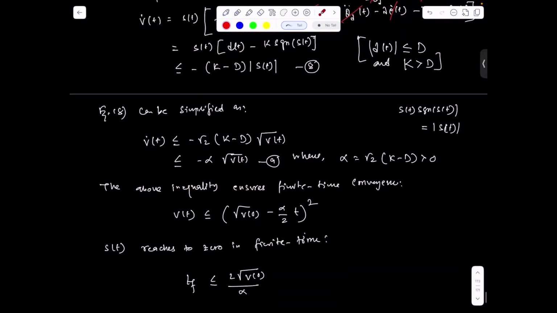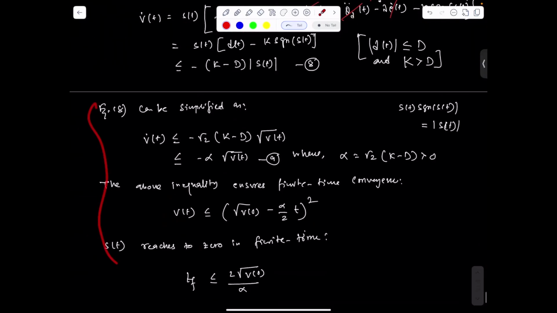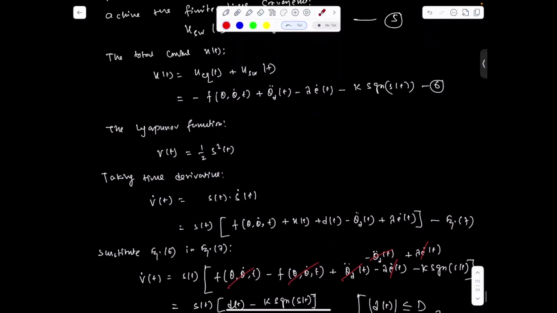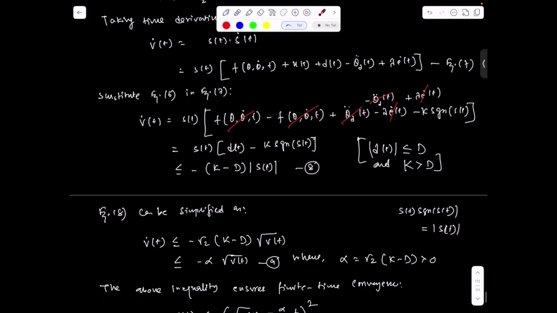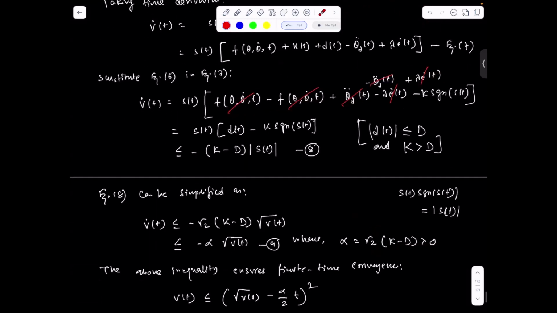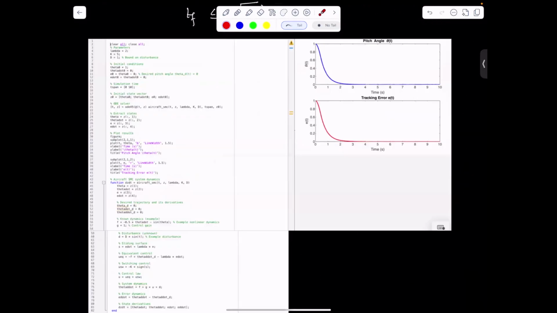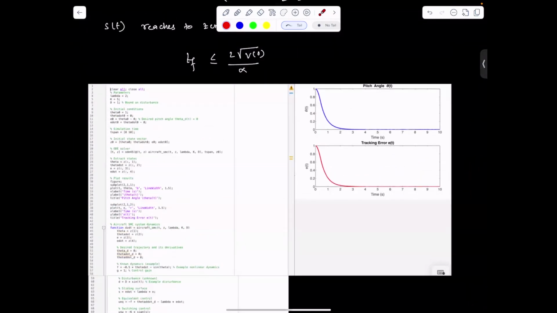So now this is basically the stability analysis part. Our main part is the control, which is defined by equation 6. Now we'll see the MATLAB code, how we can get the finite time convergence for this particular problem. So let's go step by step. This is the MATLAB code for the above problem. Here we have defined the parameters we have considered before. If you notice, k is 5 and d is 1, so k minus d is always positive.